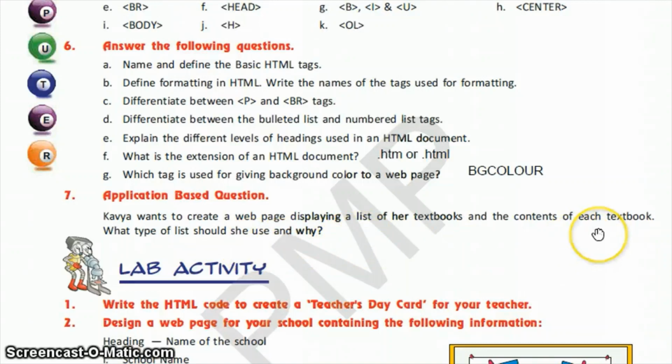Since she wants to create a list for textbooks and contents of each textbook, it is always better to create it in an ordered list, so that all the content appears in a sequential order, like the index or the content of each textbook. If they are in a sequential order, it will be more organized. So she needs to create an ordered list or numbered list.